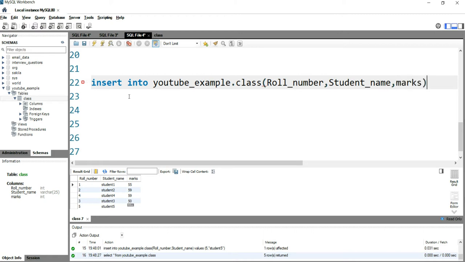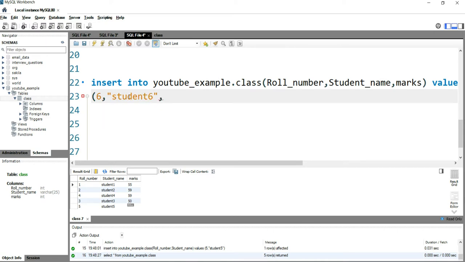After that we write values, and then put the values here. My roll number is 6, student name is student 6, and the marks is, let's say, 75. Now we can close this query with a semicolon.